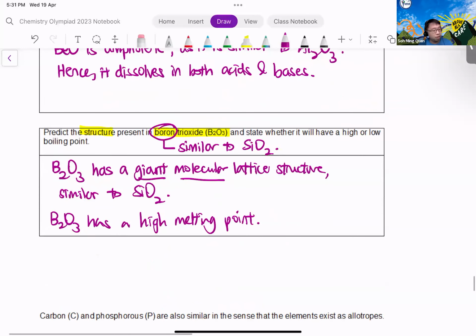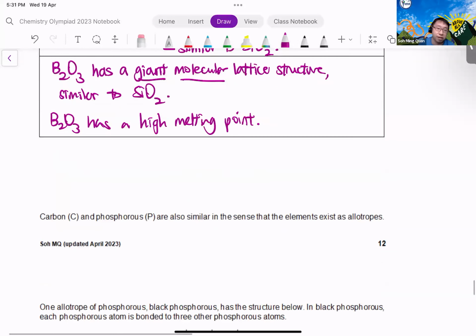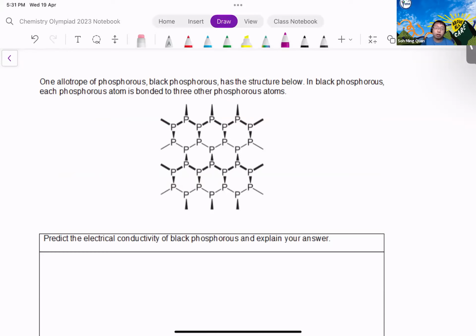All right. Now, and finally, the last one, again, another diagonal, carbon and phosphorus. Okay, so you are told carbon and phosphorus. So this time round, black phosphorus has this structure where each phosphorus is bonded to 3 other phosphorus atoms. Okay, so this is a key word. Each phosphorus bonded to 3 other phosphorus. This reminds you of each carbon bonded to 3 other carbon atoms. This is similar